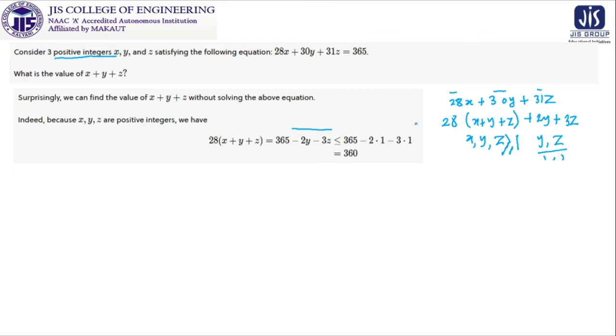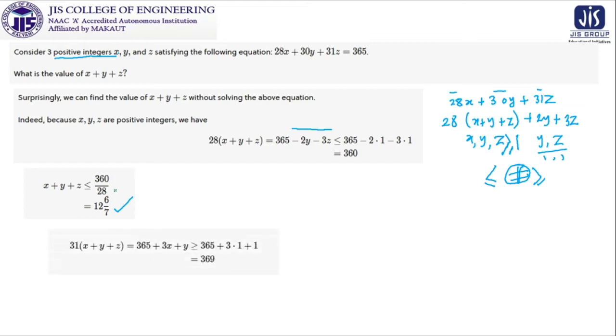Is it clear? Now in the same manner, if I give you some time to ponder on the next step, we will obviously identify that as we have already established some relationship on this, then we will get some intermediate value through which, by using the property of positive integers, we may reach a particular decision. So let us check. From this calculation we can write x plus y plus z is less than or equal to 360 by 28, which gives us 12 point something.